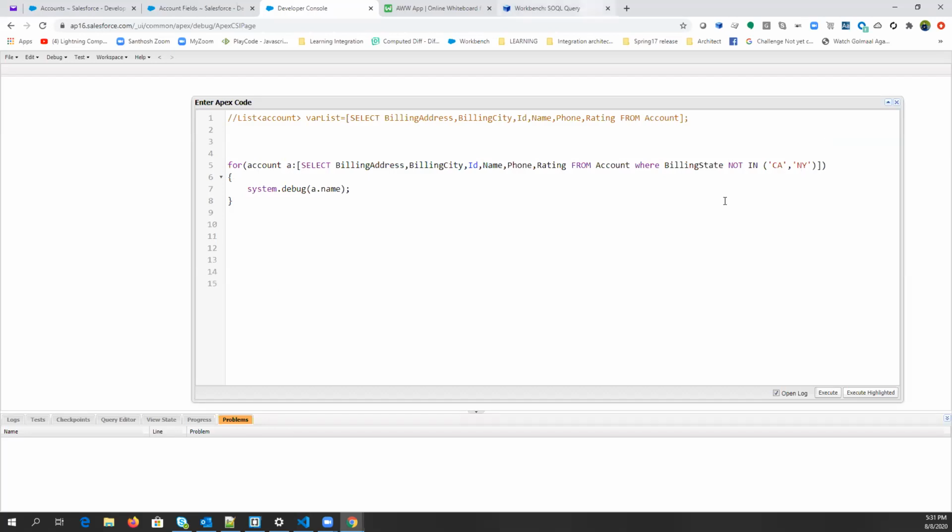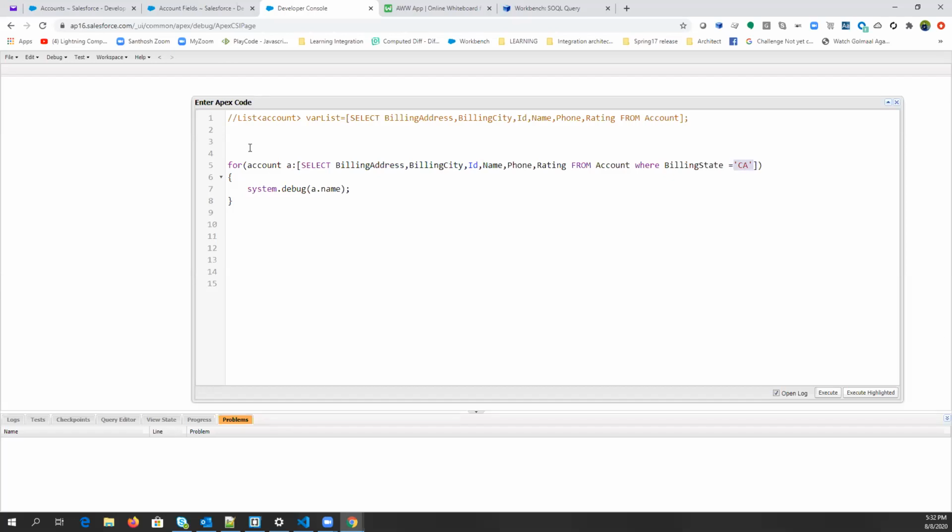So now we are just checking if billing state equals CA, or IN, NOT IN, whatever it is. Let's discuss something else here. Sometimes you don't want to hard code this value.